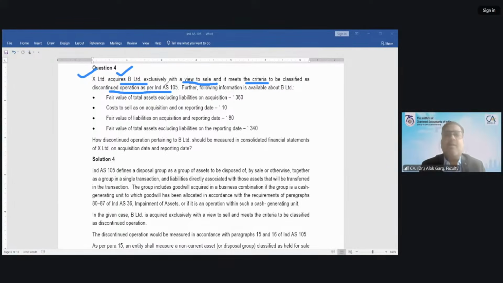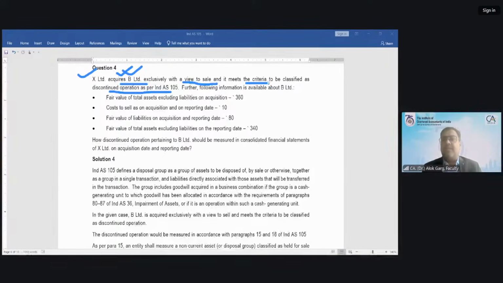So X Limited acquires B Limited, and investment property can only be land and building. Acquiring a company cannot be an investment property, Saminathan. Yes, sir, land or building or both. Only those items are investment property as per Ind AS 40. Right, I remember that: two assets, two purposes. Land and building, capital appreciation and rental. X Limited acquires B Limited